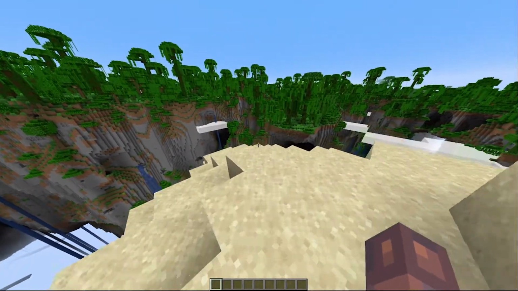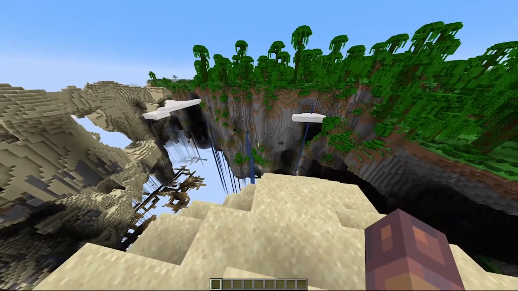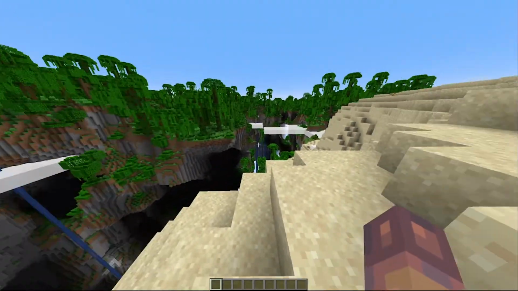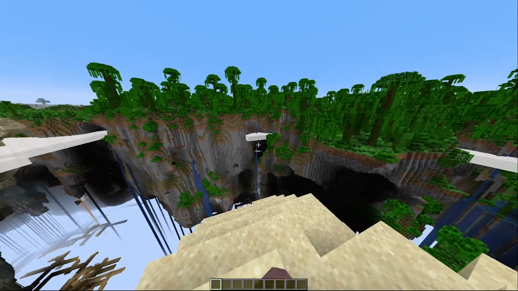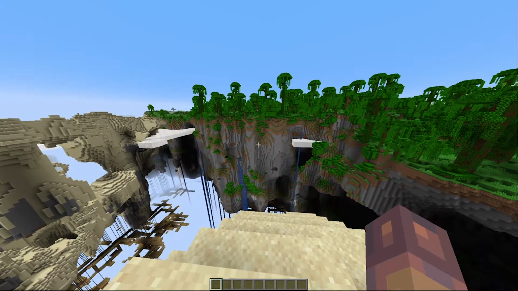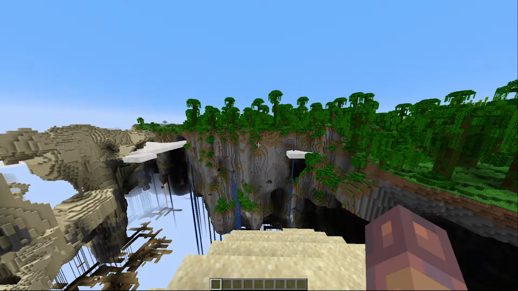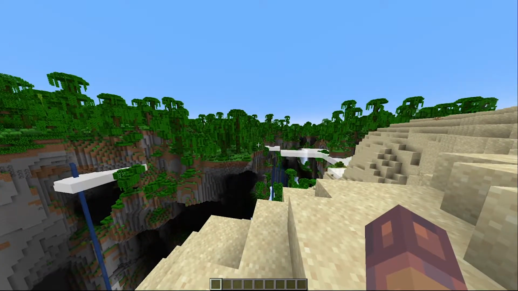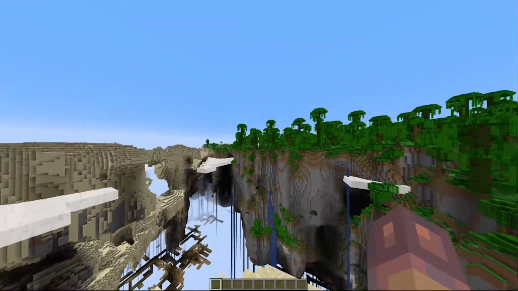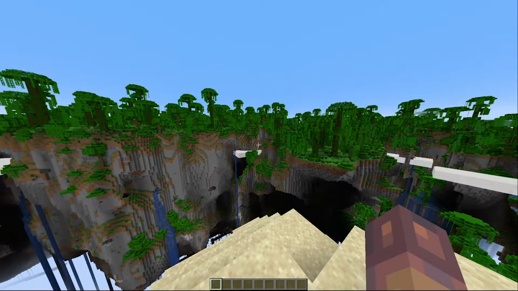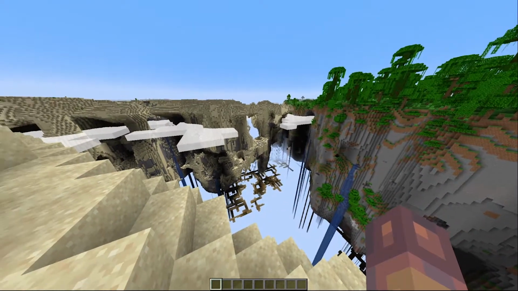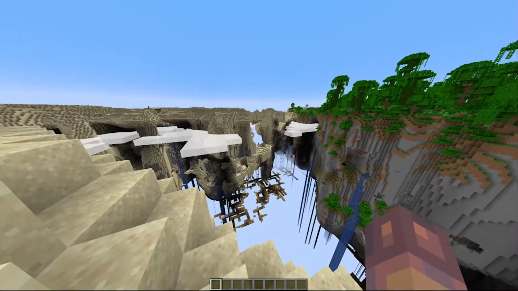This iteration of the floating islands world has much deeper land masses, which looks quite spectacular, especially that waterfall over there in that big cave. It's dissimilar to the standard floating islands because the tops of the terrain aren't smoothed out, and you should get hills and mountains as appropriate. But another cool feature is you kind of get sub-levels, which is almost similar to the Nether in the way that they have